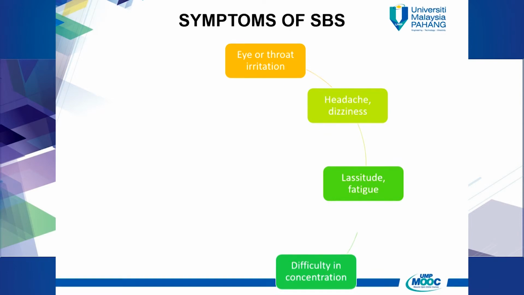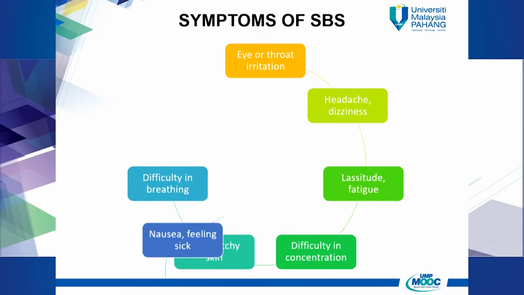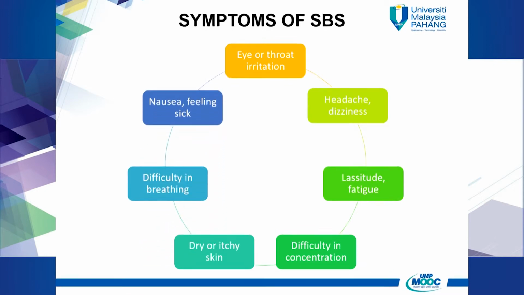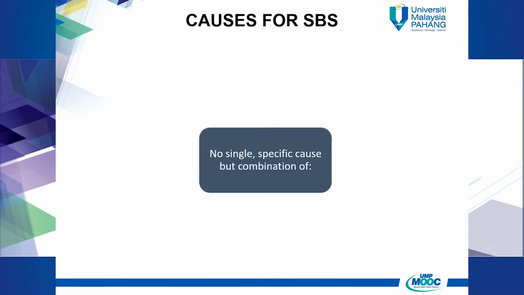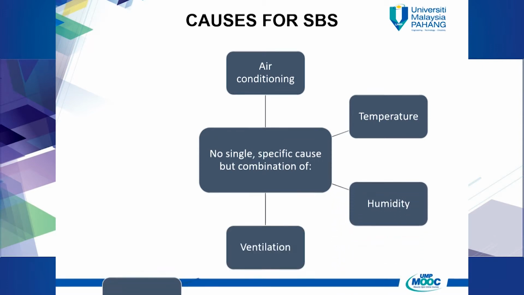difficulty in concentration, dry or itchy skin, difficulty in breathing, and nausea and feeling sick. No single specific cause of sick building syndrome has been found. It is believed that the syndrome is caused by a combination of a few causes, namely air conditioning, temperature, humidity, ventilation,